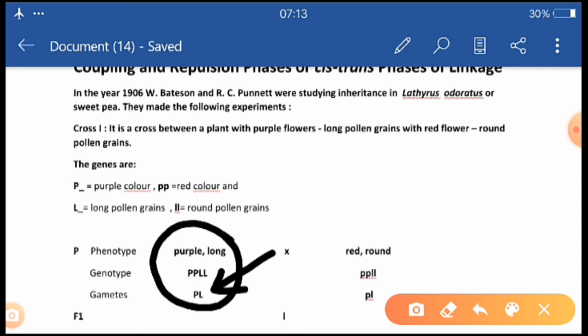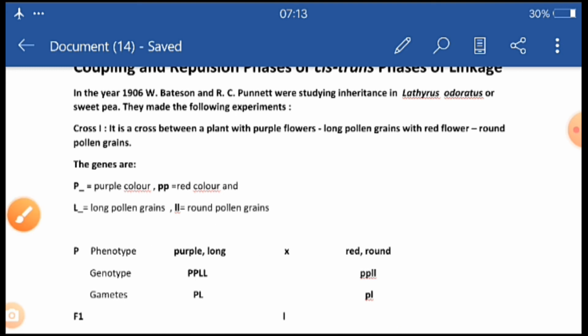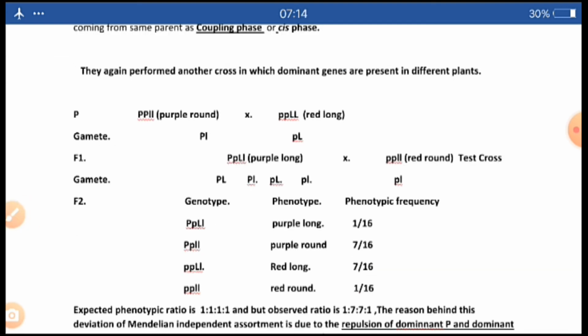They didn't prefer the independent assortment fashion, and they termed this togetherness of the dominant genes as coupling phase, okay, or cis phase. Clear? Okay. To make confirmation,